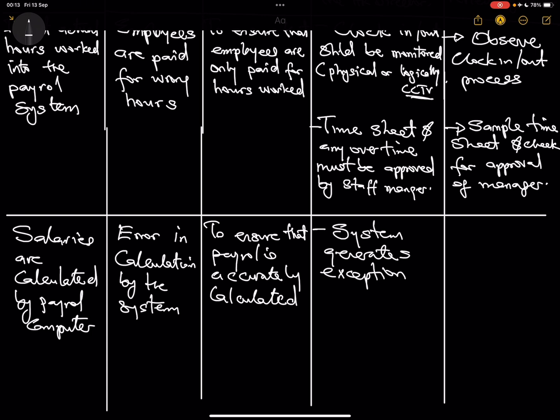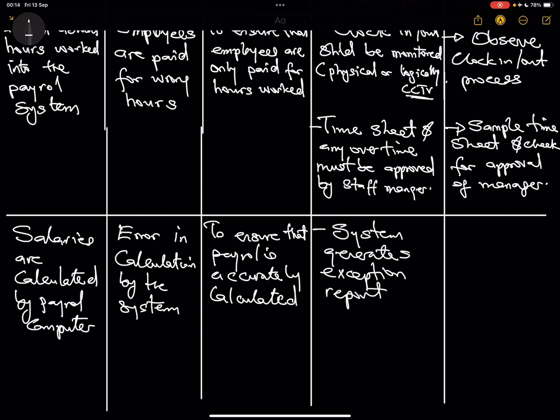If someone was paid £40,000 last month, and this month is being paid £85,000, that should come in as an exception report, because your salary is expected to be the same every month, reasonably. So when it is significantly different, then it should come into exception report, such that somebody can investigate and be sure that, oh, it's because you are promoted, or is it because of one reason or the other that is valid. Yeah. So system generate exception report,